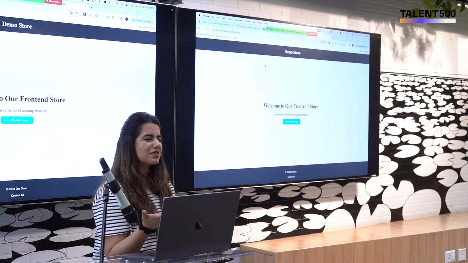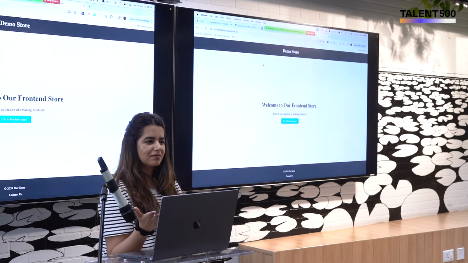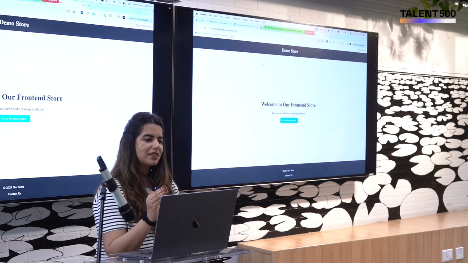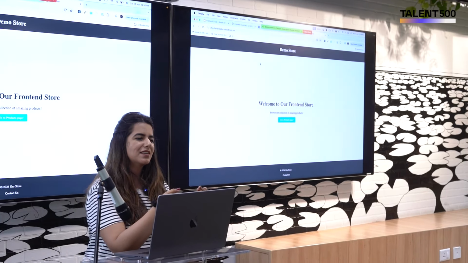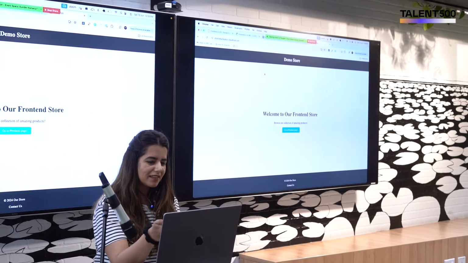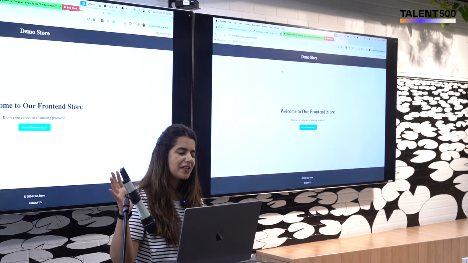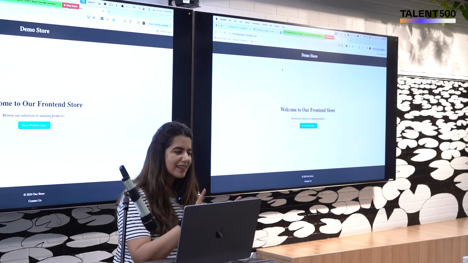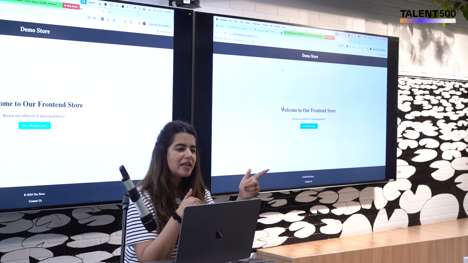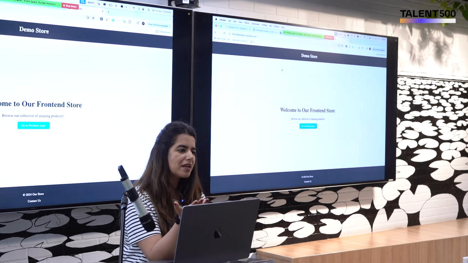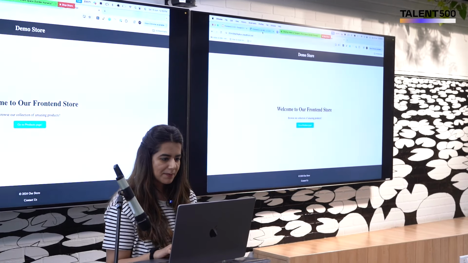But is this distribution URL readable? Would you like to give your clients this URL? No. So there is one more thing where you can provide your own domain over this distribution ID that AWS CloudFront has provided. That is Route 53. If we get time, we would cover it. But just to tell you that this can be overridden by the domain that you select. You can purchase it from anywhere and then ask for it to be connected to that domain.